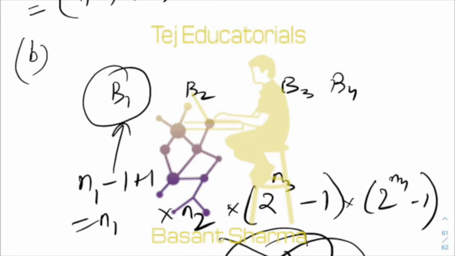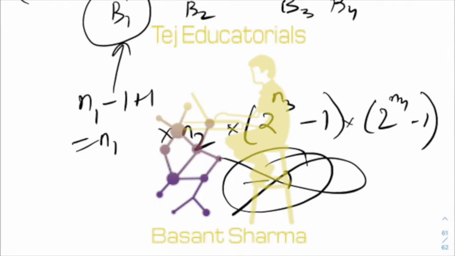There is no need to subtract 1, because we have already selected at least one object from each of the boxes. So the case when nothing is selected is not at all a problem for us. That will not come up, and it will not be considered in this answer, because we have selected at least one object from each of the boxes.